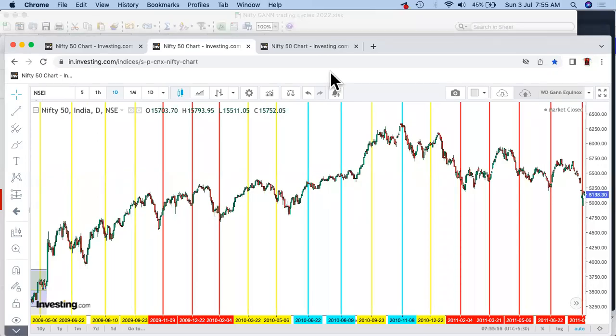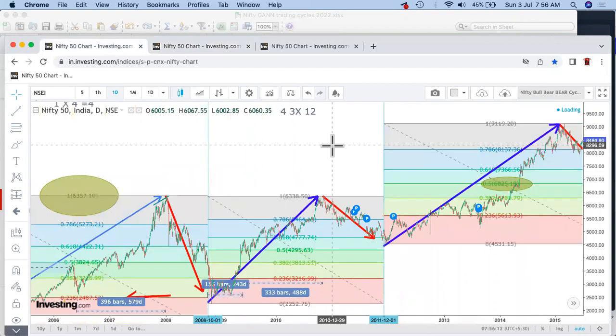Hello everyone, welcome to another chapter of Unit of Technical Analysis, and this time we are going to cover WD Gann trading techniques, Equinox and Solstice. We have seen the previous two chapters, and in these two chapters we have specifically covered cycles which